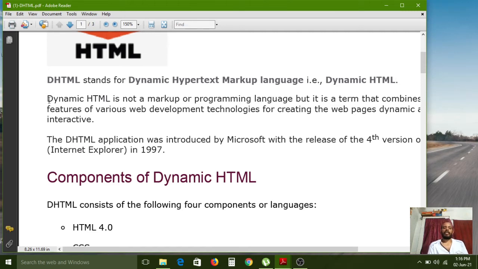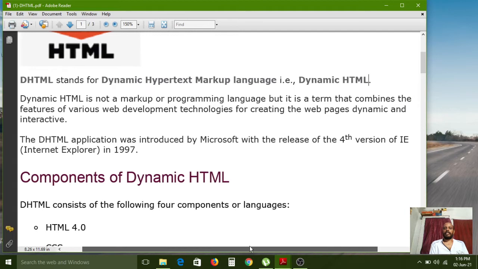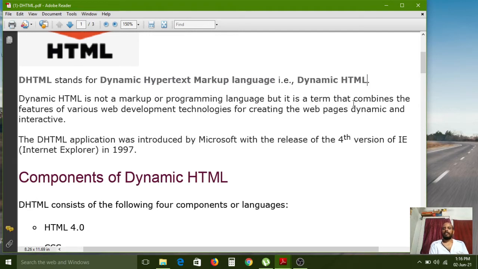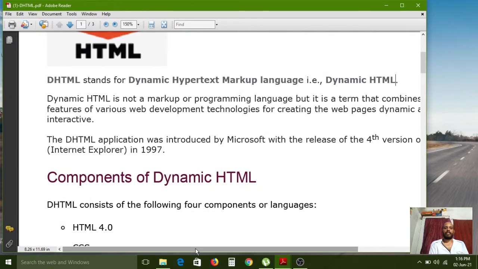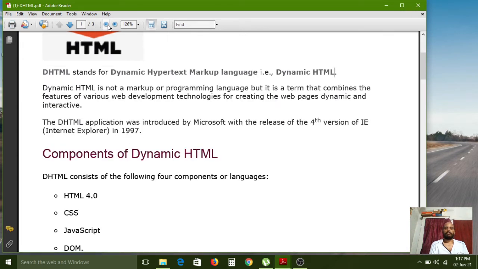It is not a markup language and it is not a programming language, but it is a term that combines the features of various web development technologies. All of you carefully observe.